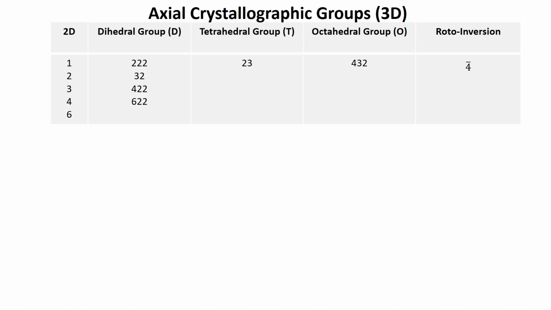So, in the earlier lectures, we had started developing three-dimensional point groups, and in this lecture we will complete the derivation of all the 32 crystallographic point groups in 3 dimensions. Starting first, we will consider only the axial crystallographic point groups, where there are no mirrors involved, only rotational axes or roto-inversion axes.